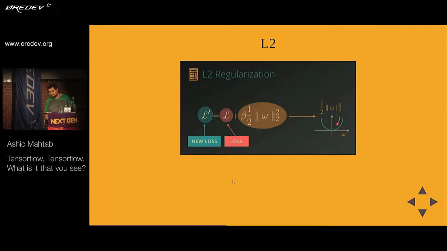We'll talk about two. One is called L2 regression. What that means is that in addition to your loss, you add a term that depends on the weights of your variables. So the more weights you have, the more variables you have, you penalize the model. If a model works with 2 parameters, that's fine. If a model works with 4 parameters, you penalize it more than the model that works with 2 parameters.